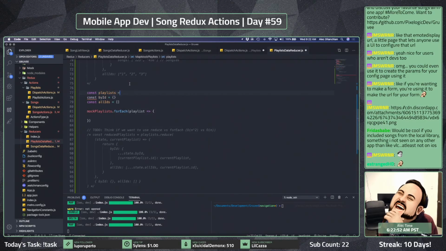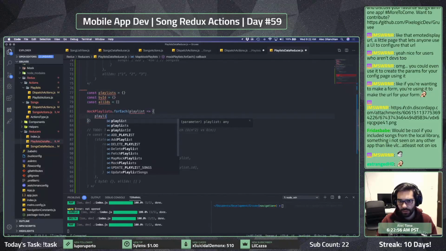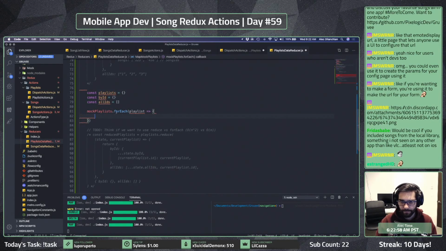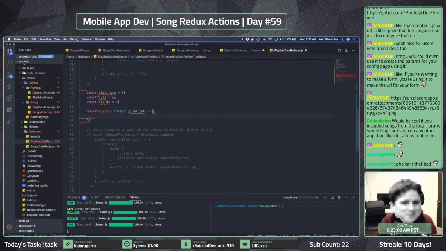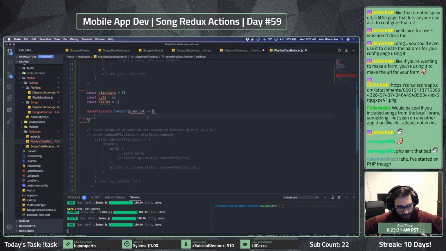Playlists. Oh. Yeah, I think that should be actually okay. It would be cool if you included songs from the local library, something I've not seen on other apps like VLC, at least not on iOS. Interesting. Yeah, I think so. The reason why